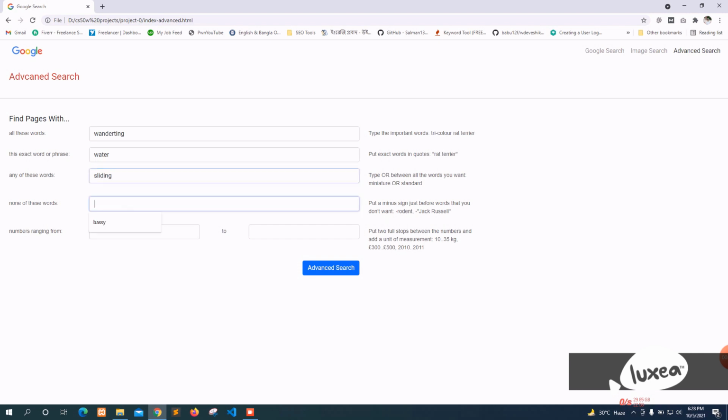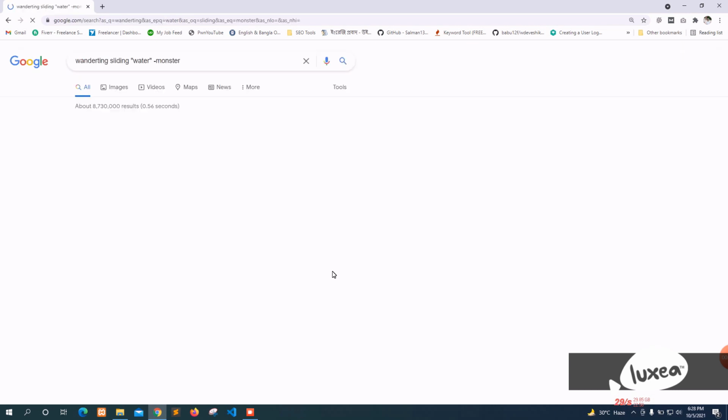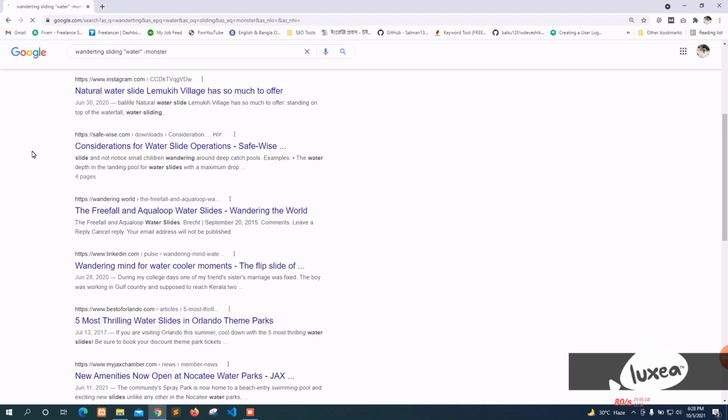None of these words. Whatever you want to type. What can I type here? Part. No. Monster. Let me type and click on advanced search. It will go to the advanced search page of Google.